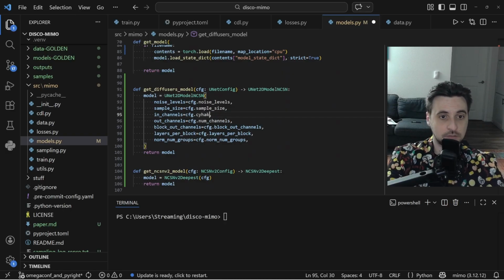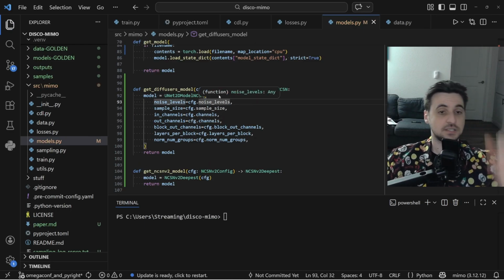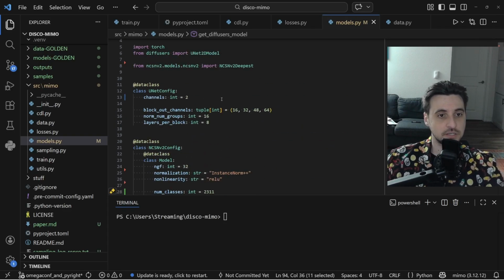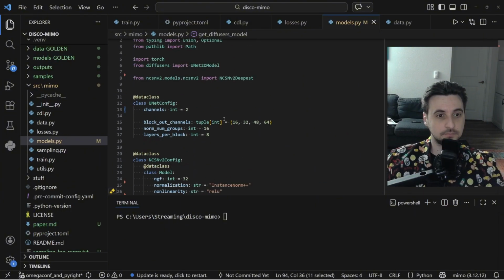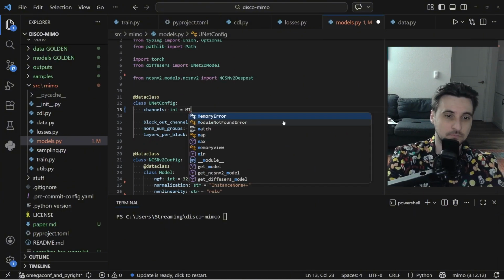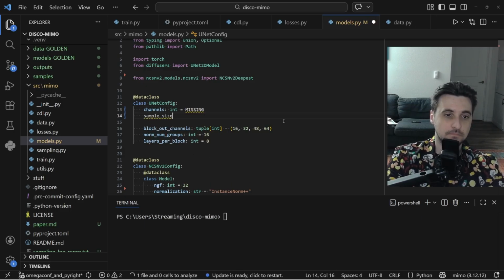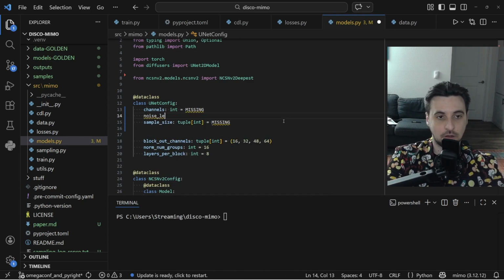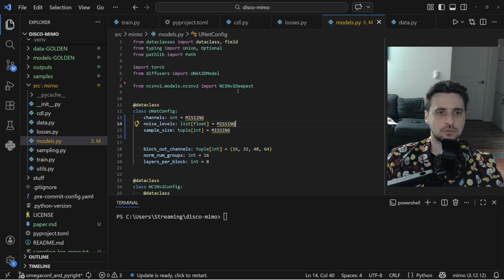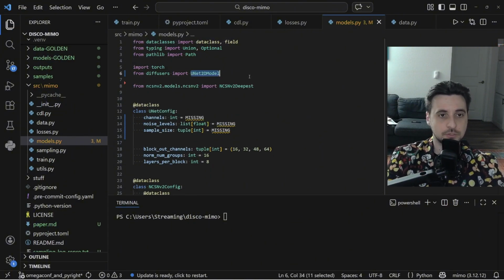This is channels. Channels. Oh, it doesn't have noise levels, I see. Sample size, it does not have sample size. I guess we have to make these, right, so from, whoops,